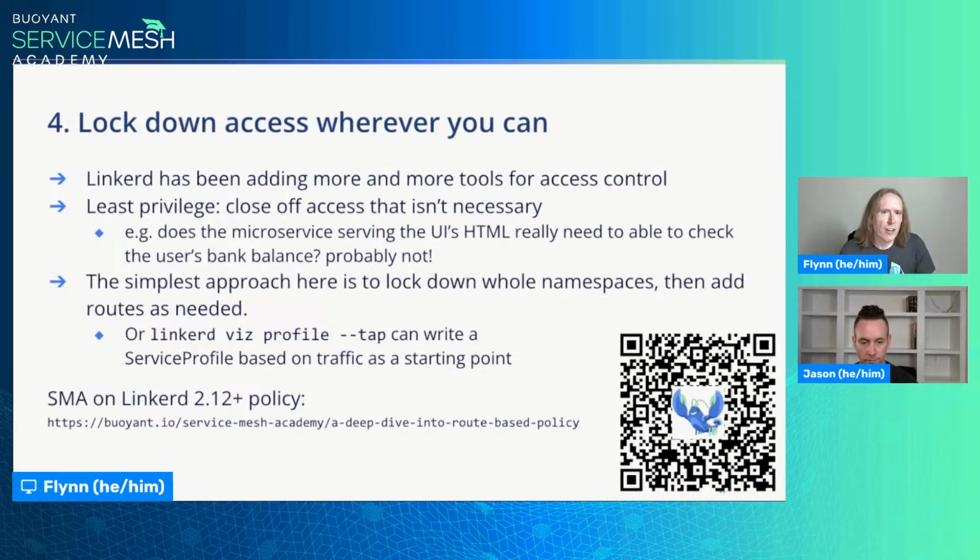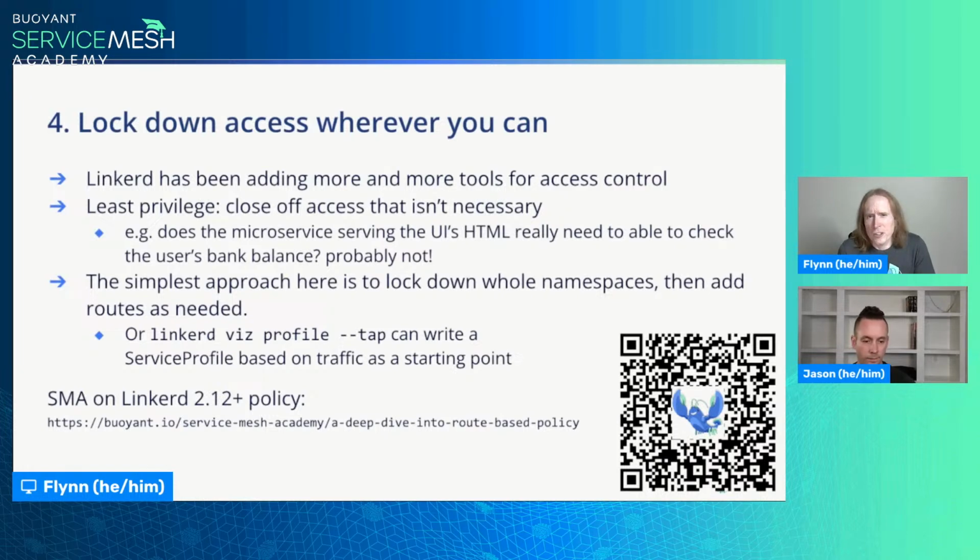This is pretty much an expression of the principle of least privilege. The example I've chosen here is, the microservice that's serving HTML to the web servers to provide the UI probably is not a thing that needs to be able to talk to the service that would allow it to check the user's bank balance or transfer money or whatever. It probably doesn't need to have access to any other service in the cluster, actually. So this is a thing that often gets missed and can be really, really useful in production. If you know that a given microservice cannot talk to a given other microservice, you don't have to check it for bugs when things start behaving weirdly.